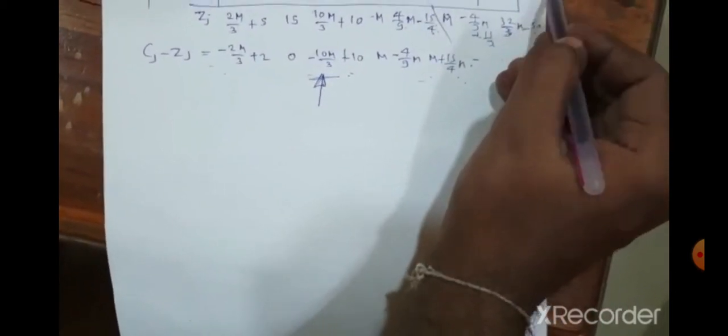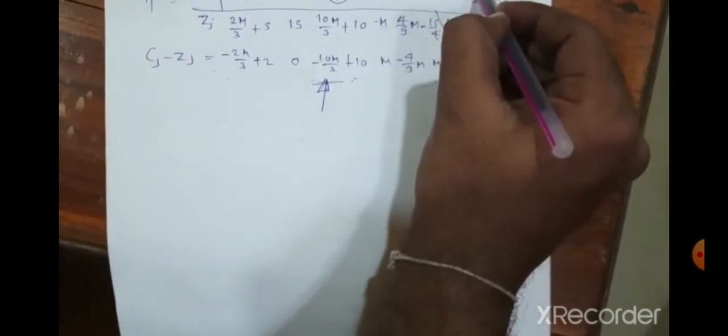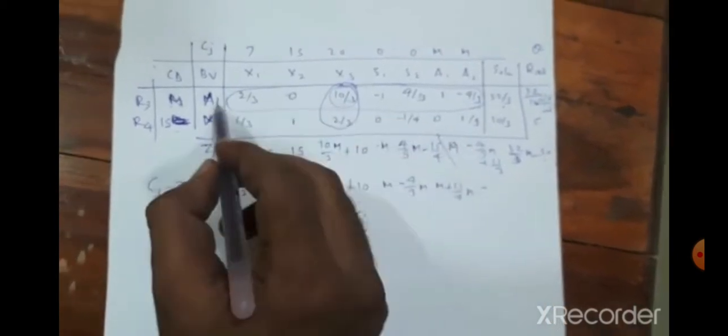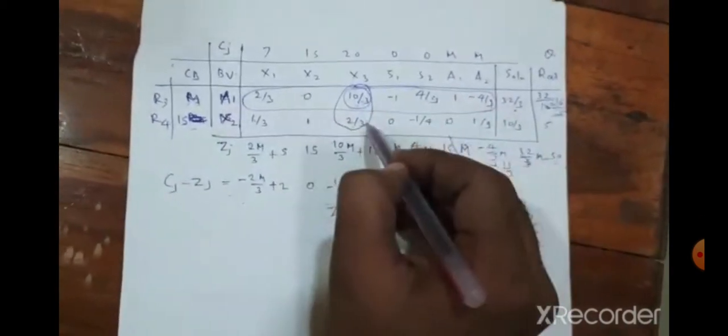As this solution is not optimal, we have to find the key column and then the key row. So you continue the same procedure as we discussed in the previous step. A similar problem is also solved with the help of the simplex method. You have to mark the key column and key row, and then the key element, which is the intersection of the key column and key row. Here the key row, the leaving row, is A1. So A1 is replaced with X3, and the coefficient of A1, that is M, will be replaced with 20.